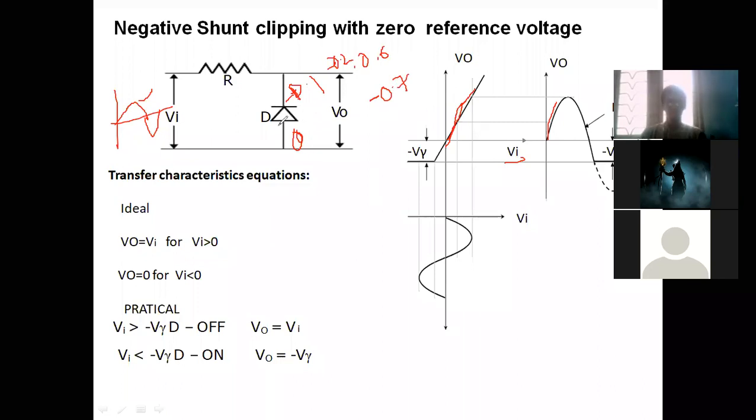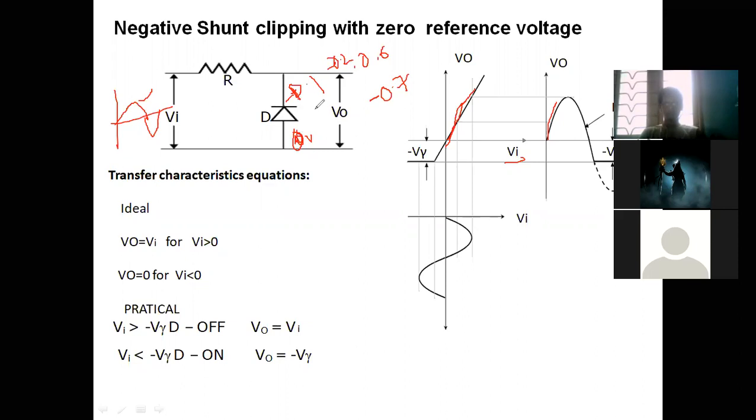The process is similar to forward bias, in the same fashion. Here also, when you apply a negative voltage, the diode goes into forward bias. Why are we getting this condition? Because the anode is at zero potential. Whatever voltage is greater than zero, the diode has to be on. Even if you apply 0.1, it has to be on, if they don't have any cut-in voltage, that means if you talk about ideal diodes.